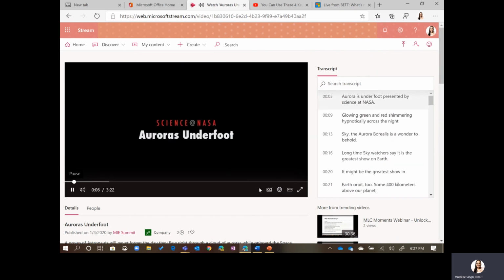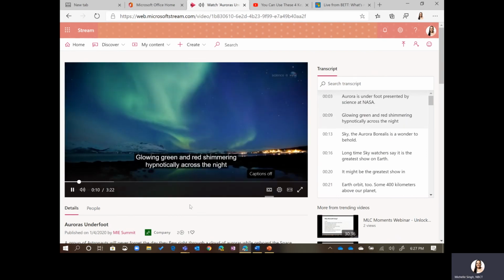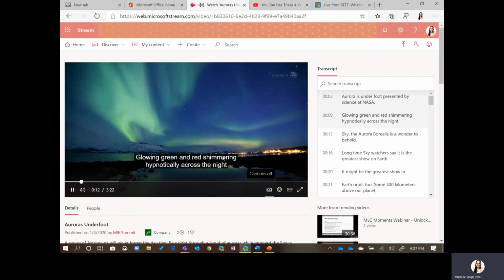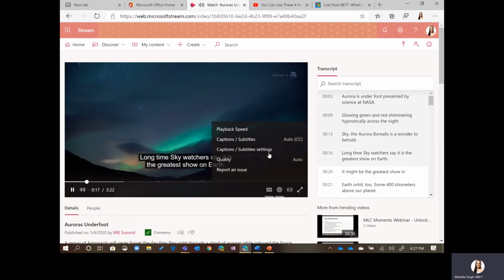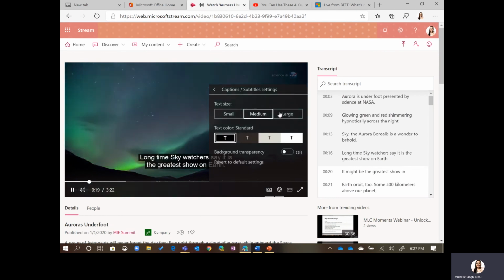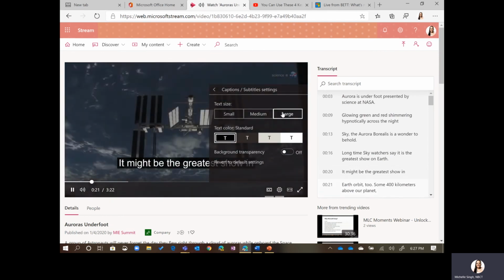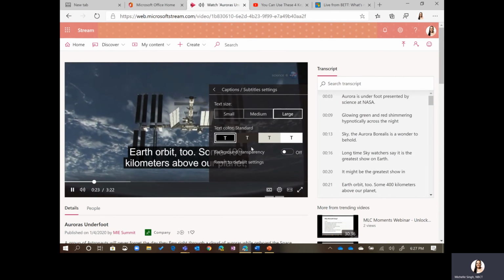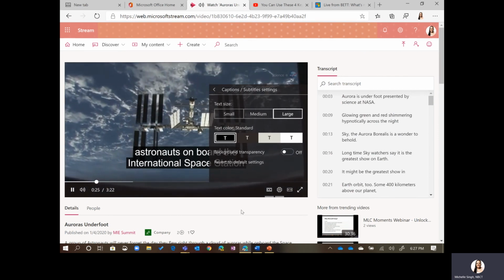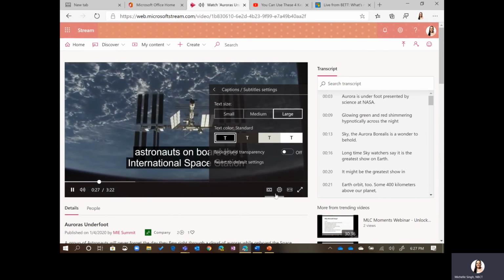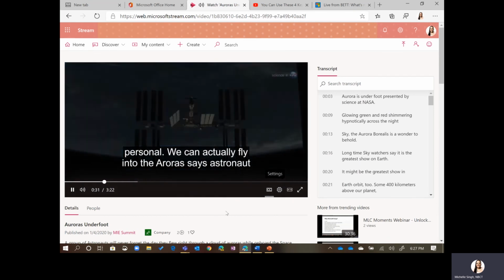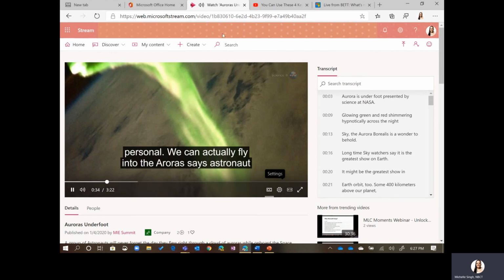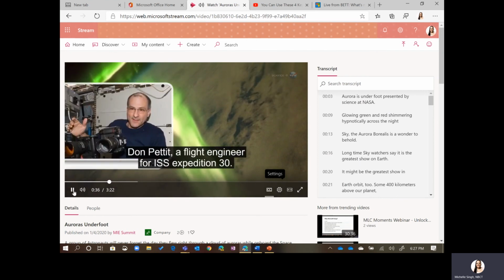Aurora's Underfoot, presented by Science at NASA. Okay. So now it's turned Glowing on. green and red, shimmering hypnotically it's across the night sky. Reading, and then you can The see the Aurora closed caption. Borealis is a wonder You can to adjust behold. the closed caption Longtime settings. skywatchers say it is the greatest show Make on it Earth. large or It small, might be the greatest show in Earth orbit, and too. change the color, Some background, and 400 kilometers transparency above our if planet. needed. Astronauts on Okay. board the International Space Station enjoy a Of course, you can unique view expand the of Earth's video if polar you would like planets, for it to up go close full and personal. screen. We can actually fly into the auroras, says in this astronaut video, Don Pettit, a flight I'm going to